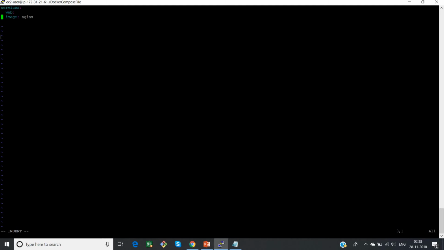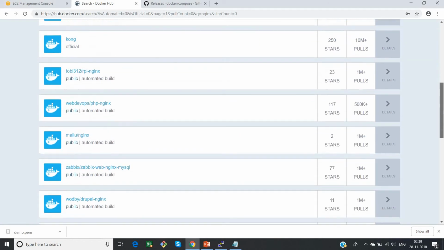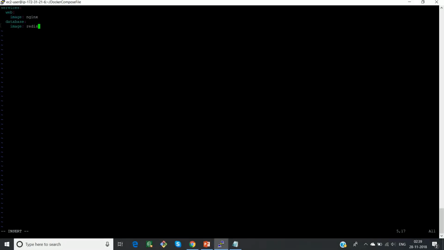Since this is a YAML format script, we have to take care of the indentation. Now I want a database to be attached with my Nginx service. So for that, I will take up a database image, let's say a database called Redis. So what I'm going to do